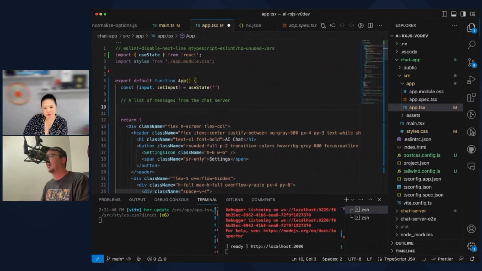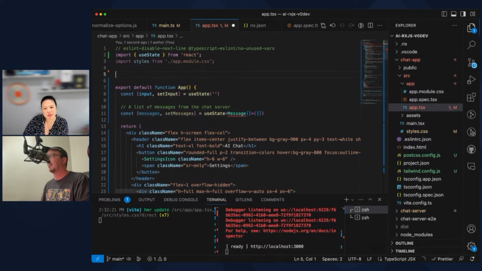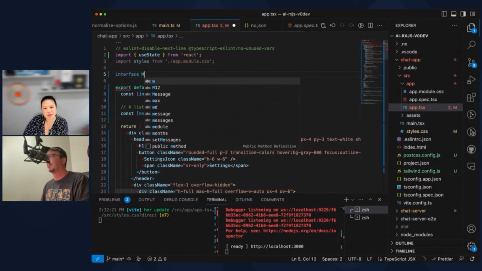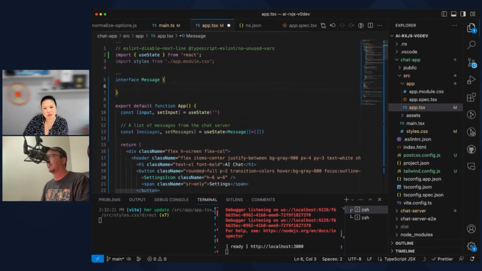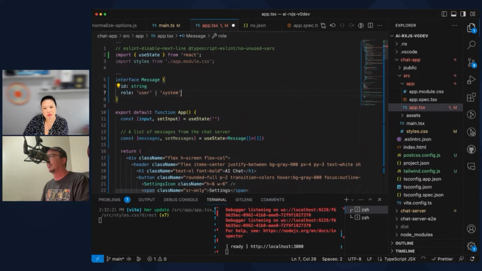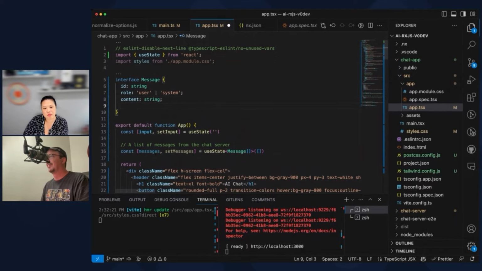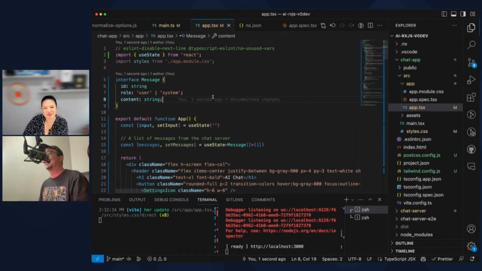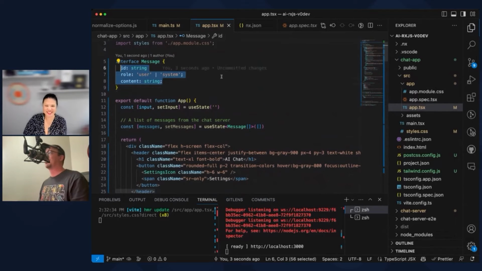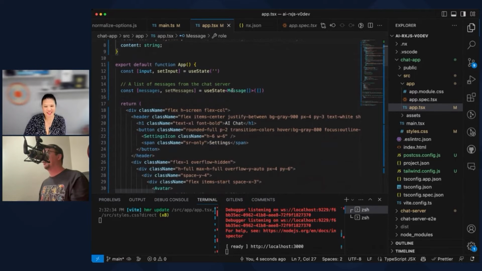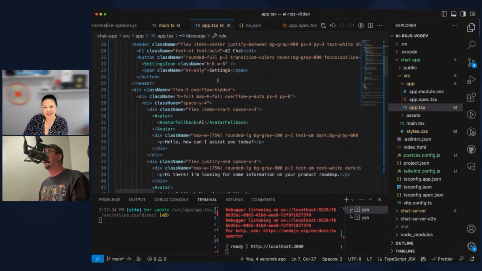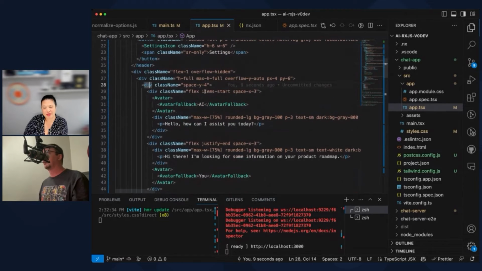We want to track what we said. Oh, yeah, that's true. Message, and then we don't know what message is. Message is going to have to be the same. Let's see. Base. ID, role, content. Perfect, thanks. So I think this is exactly what comes from our server if I go in my check, but we shall see. And then right here, this is the whole thing.